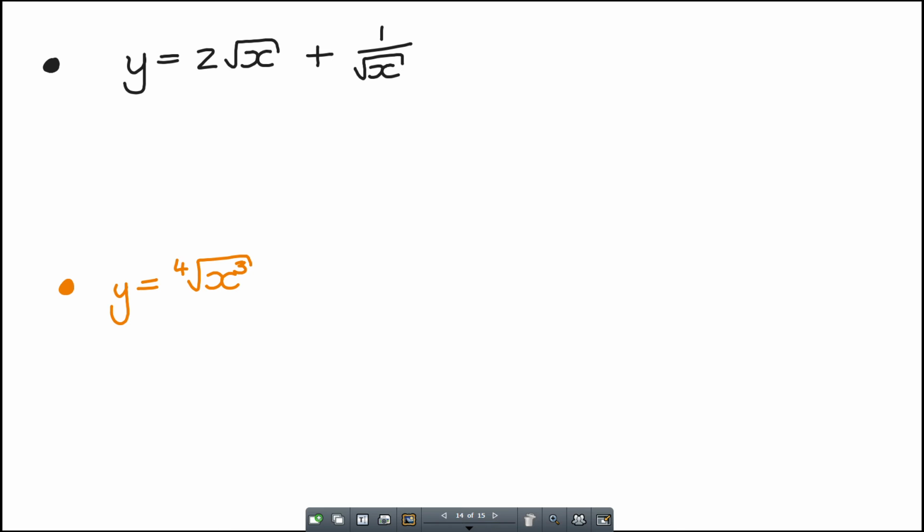Okay, is everyone finished with the black one? Okay. Good. 2x to the half plus, and it would be 1 over, I'm going to delete that just now, x to the power of a half, but that I'm in any case going to write to the top, so it will become,